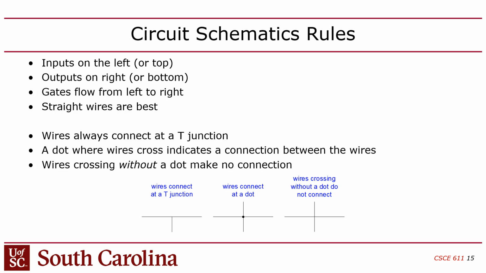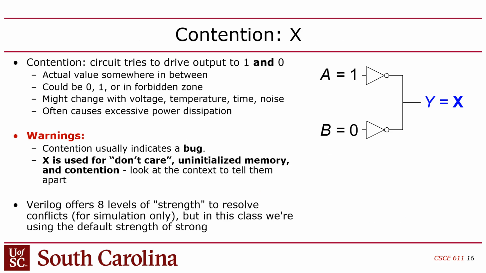That's just the convention, okay? The other thing I want to mention is that the circuits we're designing in this class are digital, but they're not necessarily binary, because the wires are meant to convey binary values, 0 or 1. But the problem is that sometimes there are other conditions that exist on that wire, one of which is